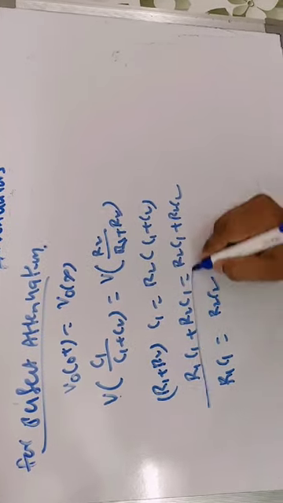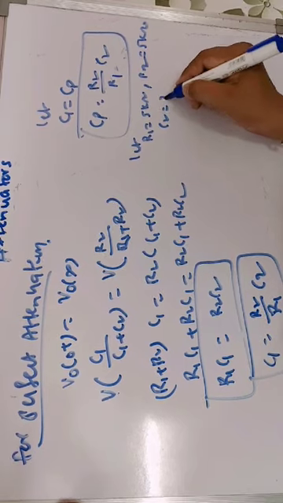So the capacitance we are connecting externally, that is C1, is R2 divided by R1 into C2 for perfect compensation. Let us take C1 equal to CP, the perfectly compensated capacitance which we are connecting to the circuit, and it is R2 divided by R1 into C2. Now let us consider the values of R1 and R2 here. Let R1 be 5 kilo ohms, R2 also 5 kilo ohms, and C2 equal to 2 microfarad.